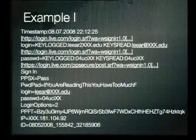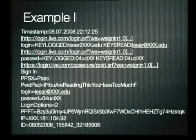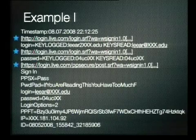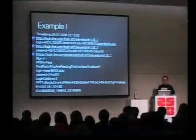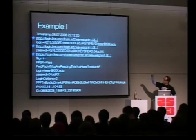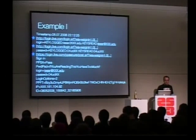This is an example of how such a log file looks like. So these are actually 3 different logs within one. On the first line we see a timestamp. So this was recorded at a victim's machine on the 8th of July 2008, somewhere in the evening. We see 3 different entries within the